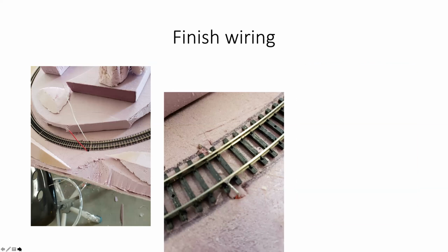I know Jeff likes to create a little canal underneath it and fill it with glue, or to tape the wires in so they don't snag. You don't want the wires to pull out, but the wires are now glued in. On the next slide,